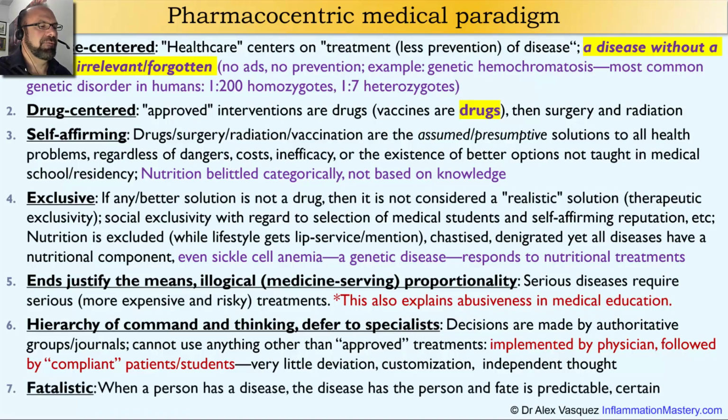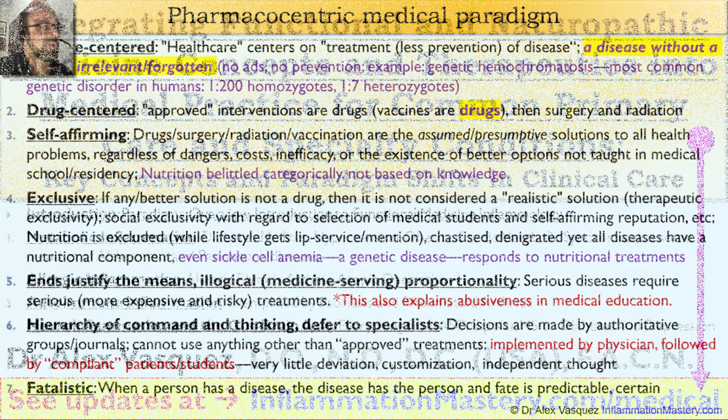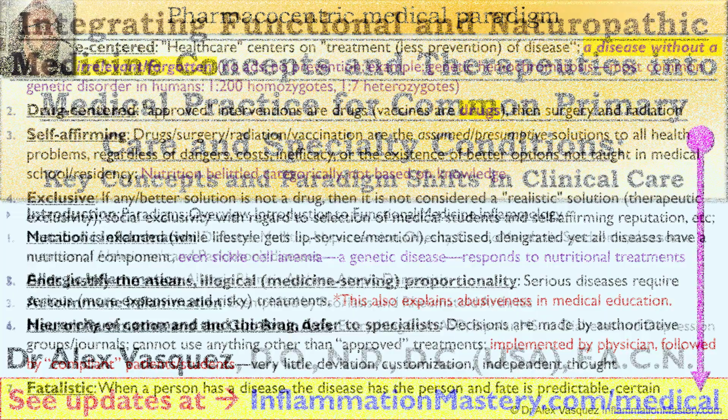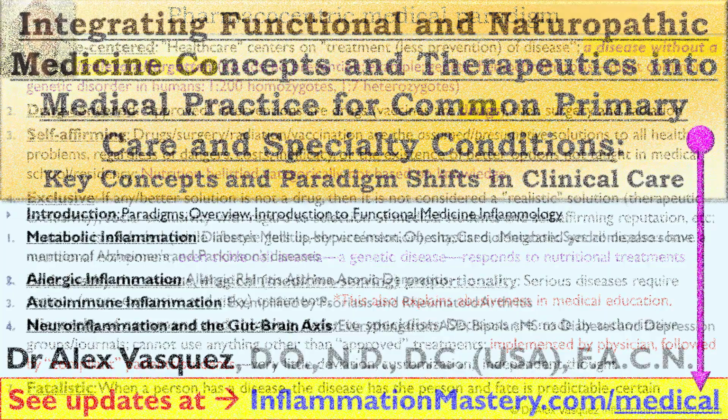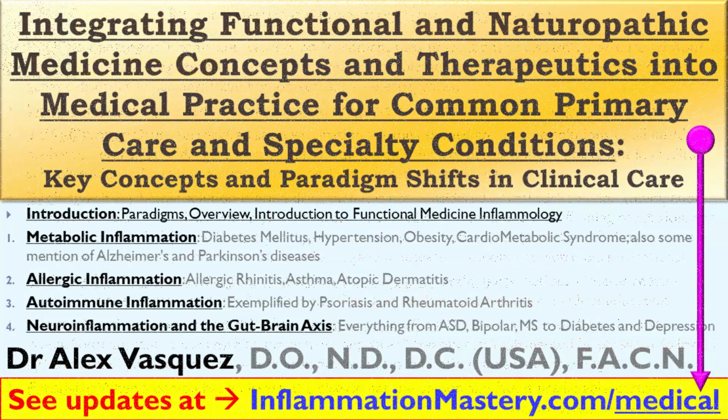And number 7, finally for this page, the medical paradigm is very fatalistic. When a person has a disease, the disease has the person, and fate is pretty much predictable and certain. So we say, for example, that a person has diabetes, and many articles, even in modern times, have been published saying that diabetes is irreversible and must be managed by drug therapy alone. In contrast, in the naturopathic and functional medicine paradigm, we see that